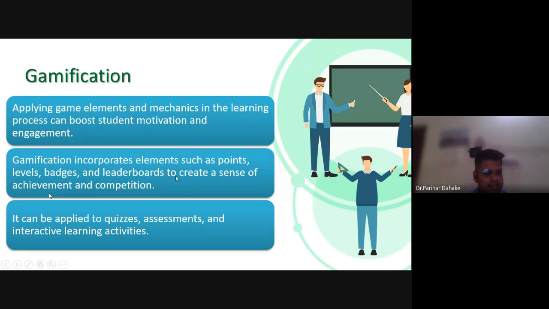Next is gamification. Here, I'm going to talk about engaging students through game activities, gamification. You can conduct management games. You can conduct a hackathon. You can conduct a technothon. You can conduct quizzes, assignments, assessments. There are a number of virtual platforms available to conduct these kinds of activities. Here I am going to talk about gamification, to conduct any activity which is based on games.